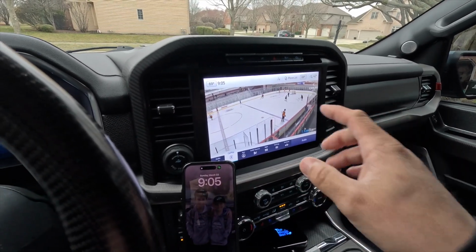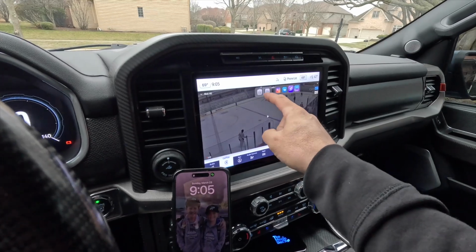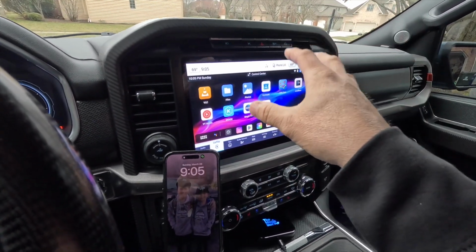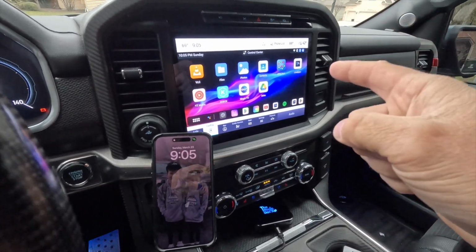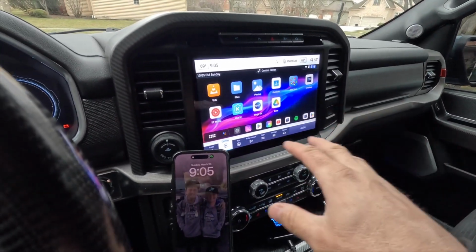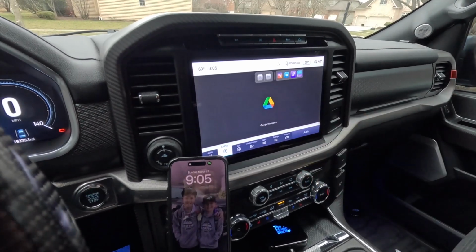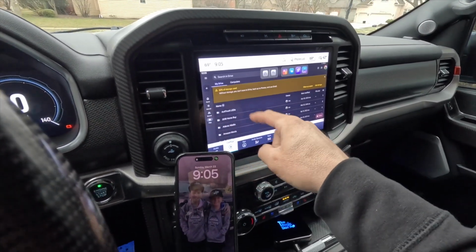So again, any app is downloadable through Google Play, and it could function just like a small computer. The 3.0 turns your factory screen into basically a small computer, so you have a lot of options. I also have my Google Drive set up on here, so I have access through that app, and I could go into all my